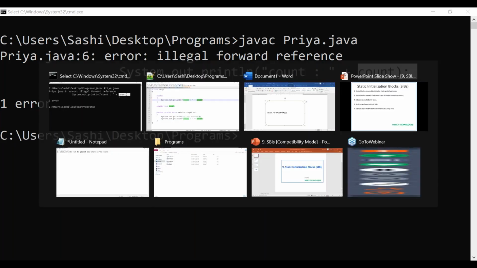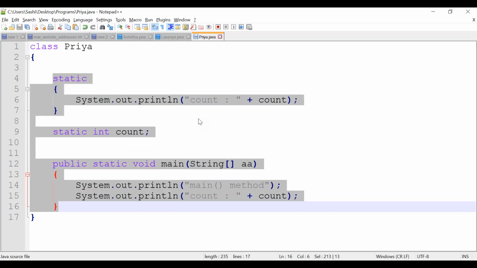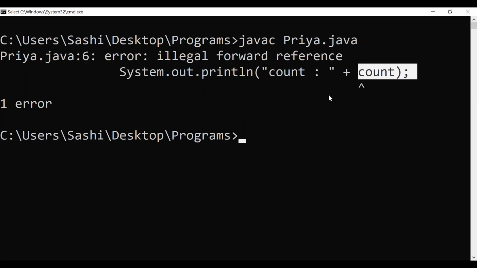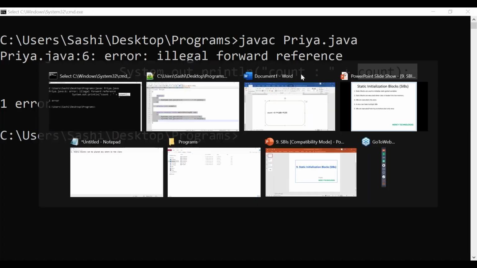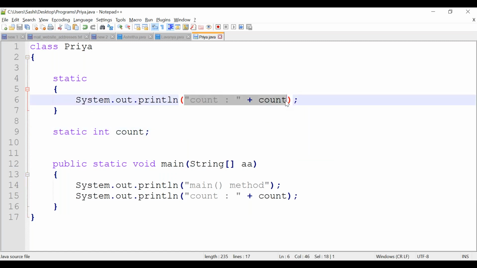In interviews you will get this kind of question. What will be the output? A, it is 0, something like that. Then one of the options is illegal forward reference. Suppose I am not using the count variable here, I am using something else. We are simply experimenting. I'm just mentioning this is a static block. What will happen here?